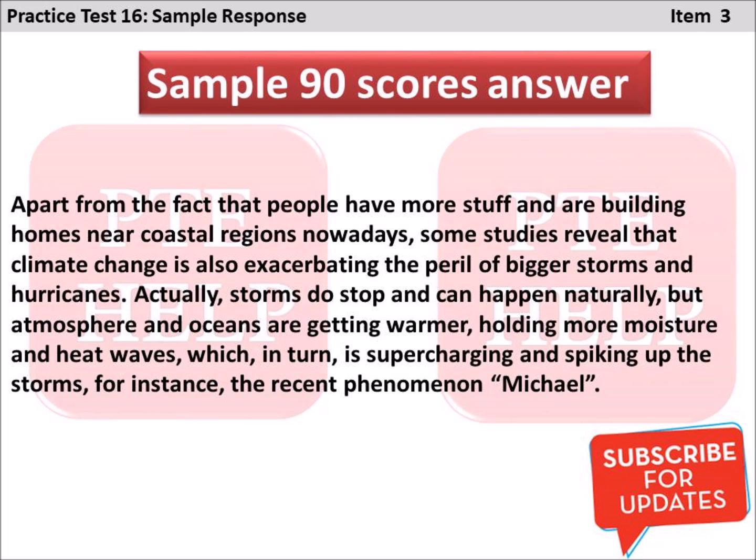Sample 90 scores answer 2. The authors are highlighting the responsible factors for the devastation of the recent hurricanes and storms in the United States. Apart from the fact that people have more stuff these days, and they are building homes near coastal regions, some studies reveal that climate change is also exacerbating the peril of bigger storms and hurricanes. Actually, storms stop and can happen naturally, but atmosphere and oceans are getting warmer, holding more moisture and heat waves, which, in turn, is supercharging and spiking up the storms. For instance, the recent devastating Hurricane Michael,